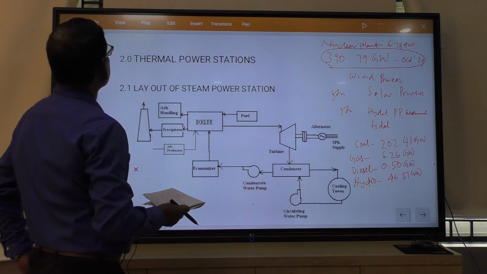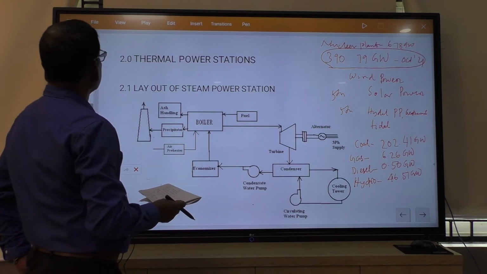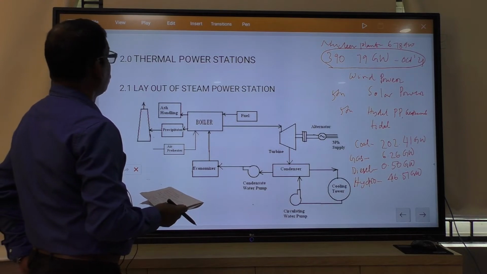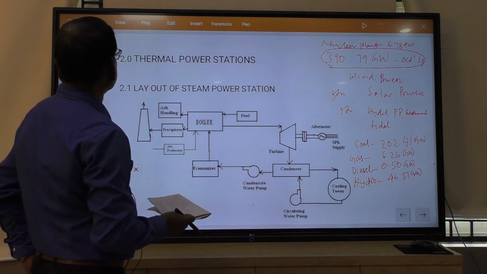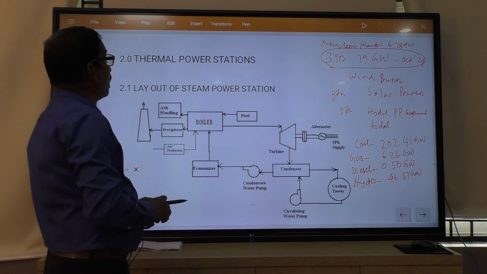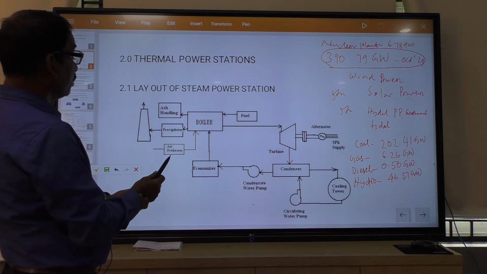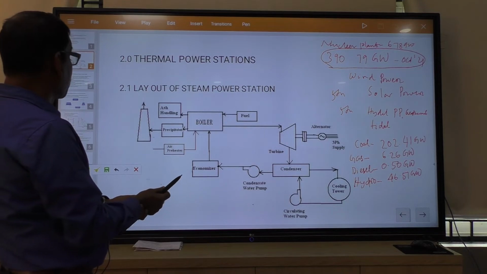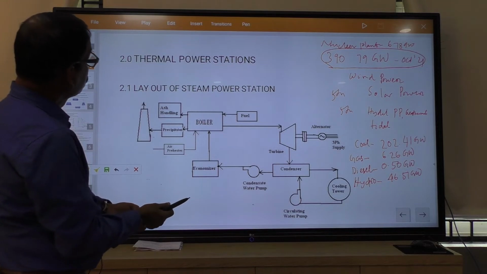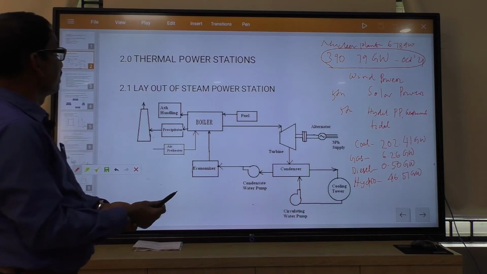So, first in the unit is 2.1, that is mentioned to you: you have to read the layout of a steam power station. Layout means what the components are and how they are laid down. The unit, a thermal power plant, is made by taking all these units. First one is your boiler. You know, the boiler is also known as the steam generator, which produces steam